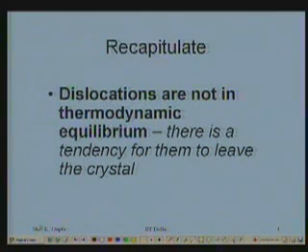But dislocations, like other imperfections as well, are not in thermodynamic equilibrium. Thereby they have a tendency to go out of the crystal whenever they get the opportunity. In this course we shall also learn how these dislocations come about in a crystal. And once they come, it may not be easy for them to get out. So they are there, not in equilibrium.